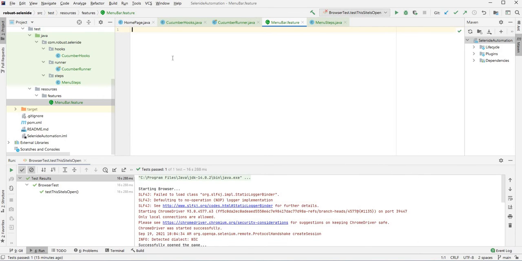So now what we need to do is we need to create a feature file. So feature: validations of menu on demo page. Now what we do is in the feature file, scenario,